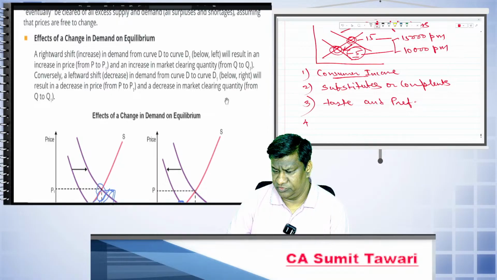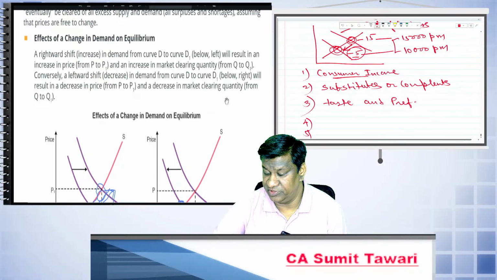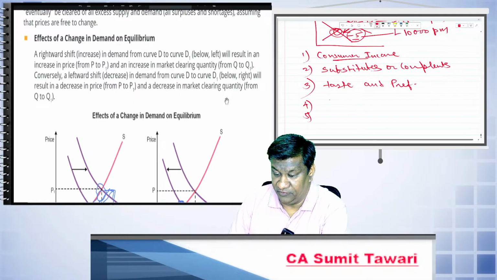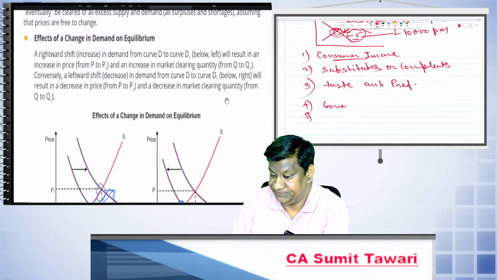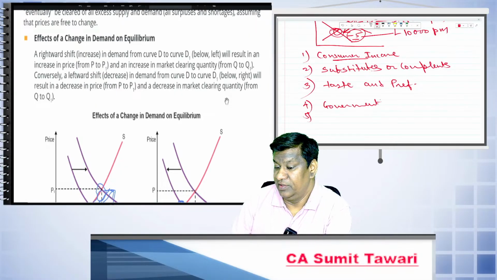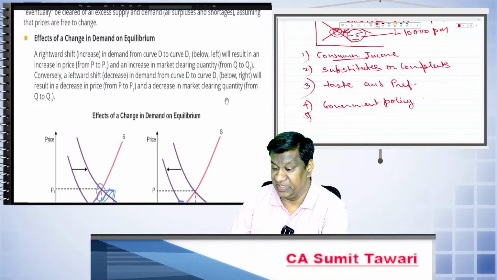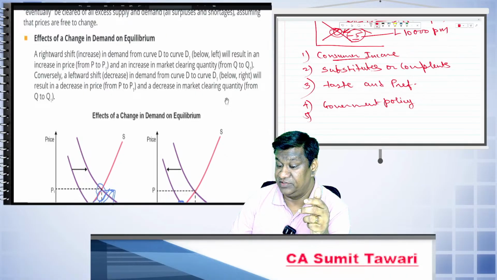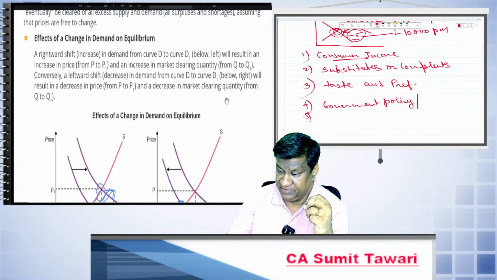One or two more. Government policies, tax policies. Yes, government policies. If the government announces any incentive or any norm like BS6 or something like that, that also affects the equilibrium prices. Government policy, then I can add here